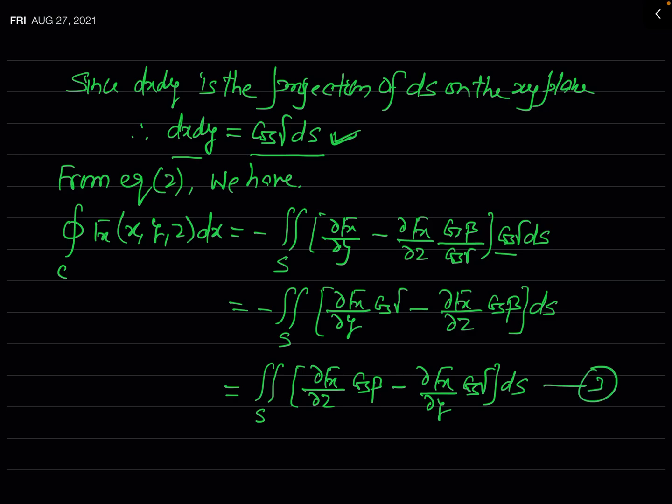So you can see we have obtained the value of this integral of fx with respect to x along the closed curve C. In fact, in similar manner, you can evaluate the value of integral of fy with respect to y along the closed curve C, and the integral of fz with respect to z along the closed curve C. Simply seeing this result which is defined in this equation 3, you can easily write what will be those integrals. So by induction, I am just now writing all those results. So you can say similarly, you can write integral along C. Now we will write fy here of x, y, z, dz,